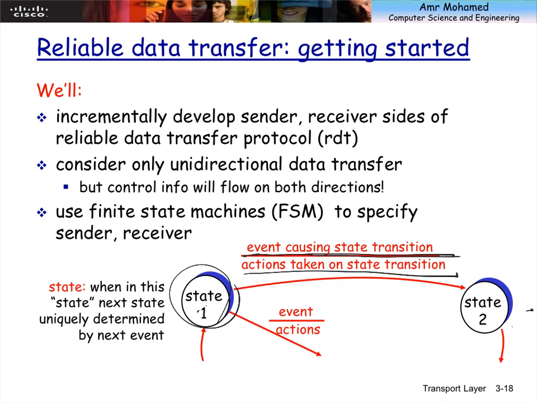Of course, sometimes I don't always have to transition from one state to another, right? Based on certain events, I will stay in the same state. We'll see what types of events and states I have. Initially we will consider only unidirectional data transfer, assuming that the channel is perfect.